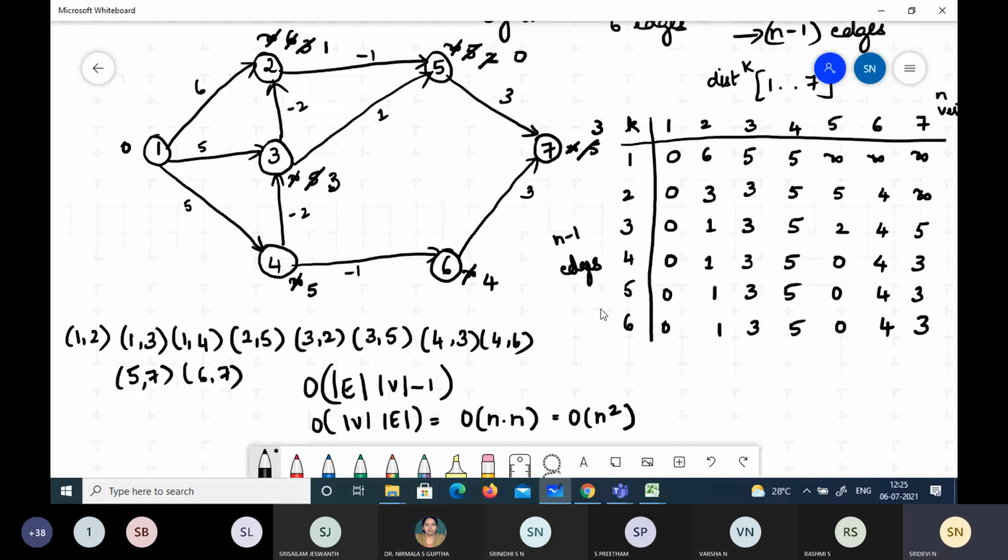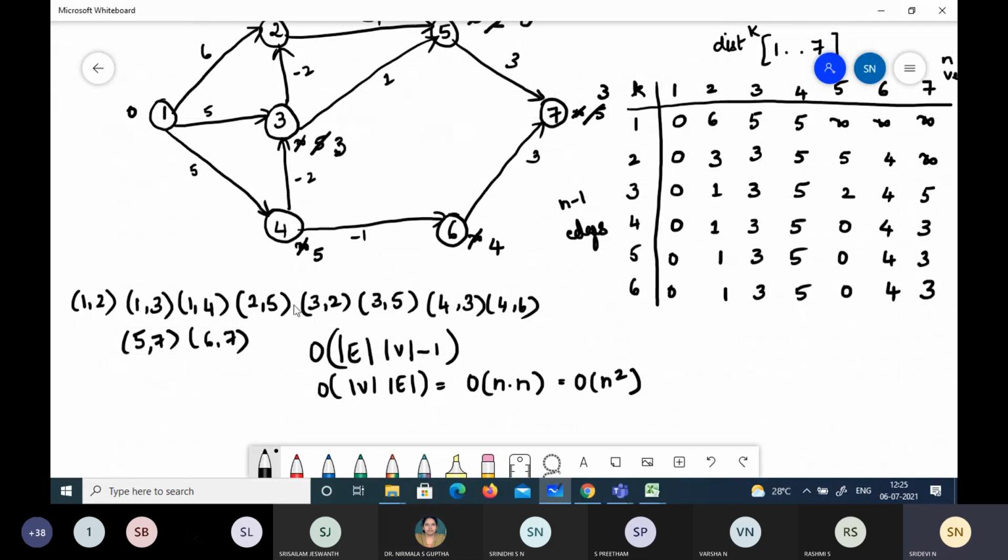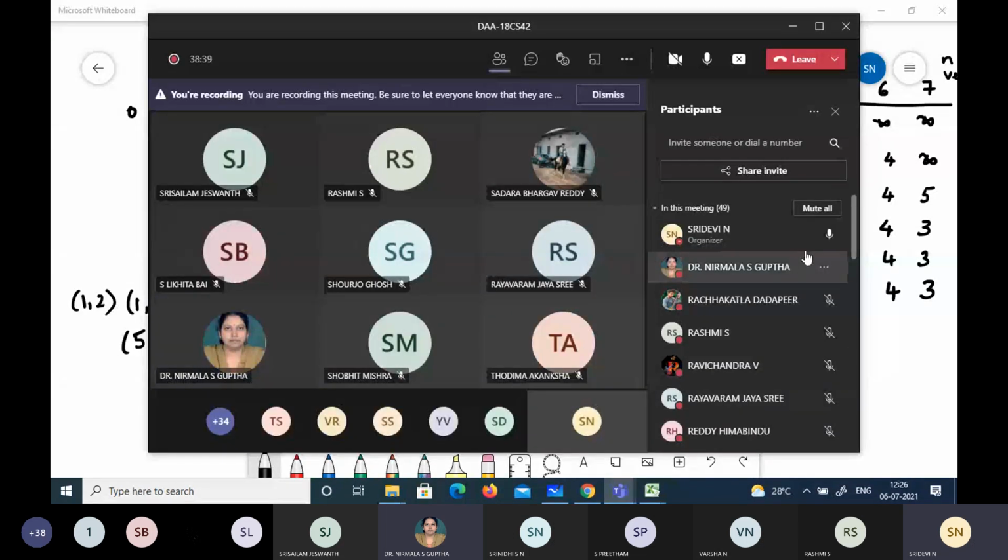Now, what if it is a complete graph? This is an incomplete graph. What do you mean by an incomplete graph? We will have edges between every pair of vertices. Then only it becomes a complete graph, isn't it? Is it right? Yes? When do you consider a particular graph as complete? Someone? Is there anybody there, or have you just logged in and are keeping mum? Only if Rachita is there, she'll answer. What about others?